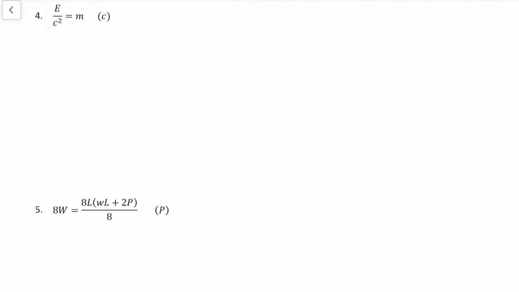So a couple more advanced ones for you to try. Try these 2 out. Pause the video and then start it up again when you're ready. Okay, so looking at this